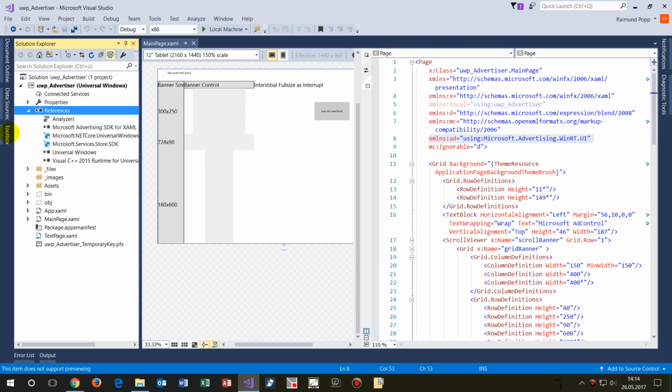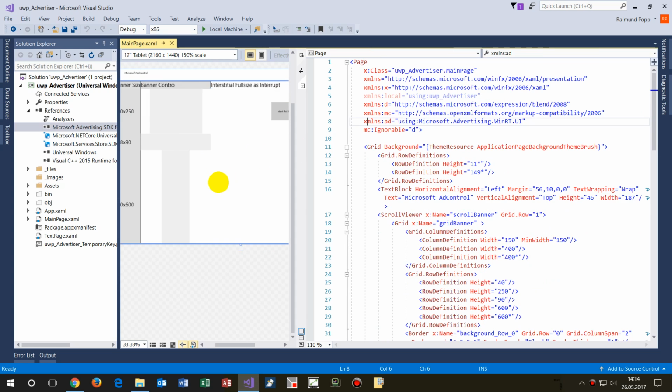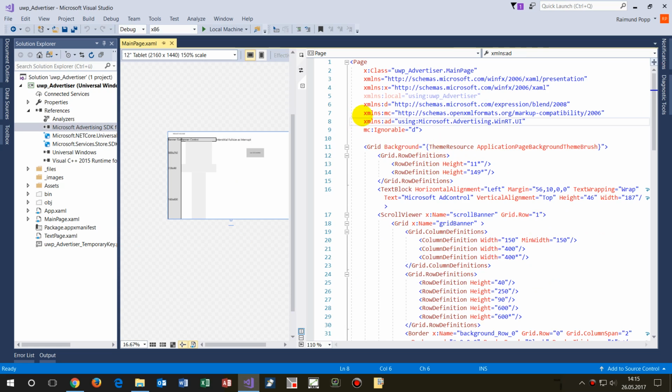As soon as you have done that, you will have this small reference here, and this is the NuGet package. And now to get this running, you need in your main page, or on the page where you want to add this control, to first go to the namespace here at the top. Make this a little bit smaller. Go here into the namespace, type in